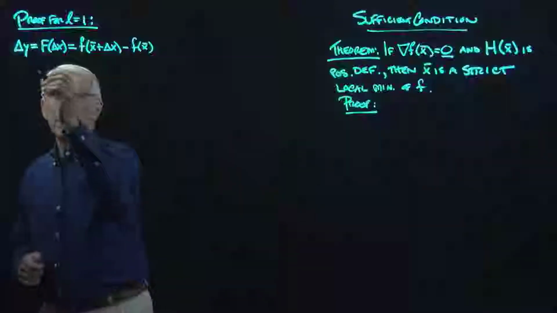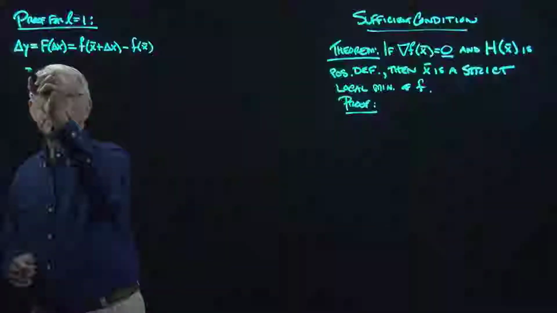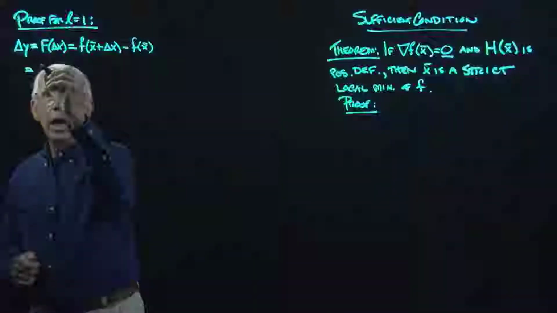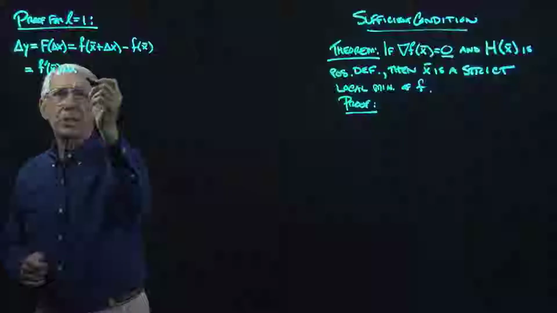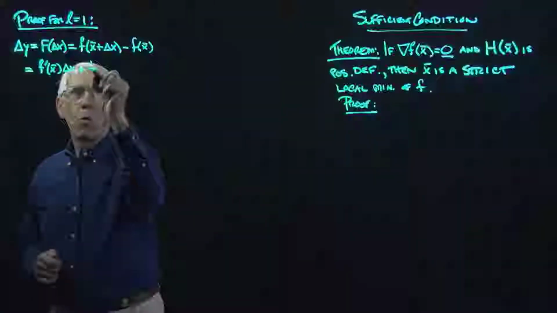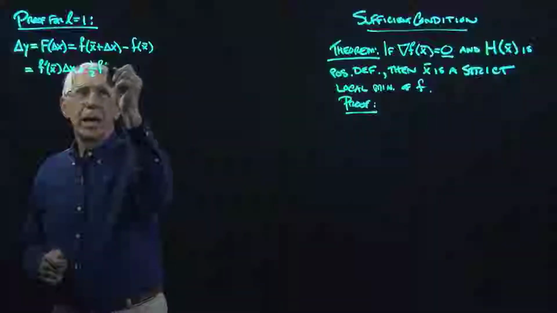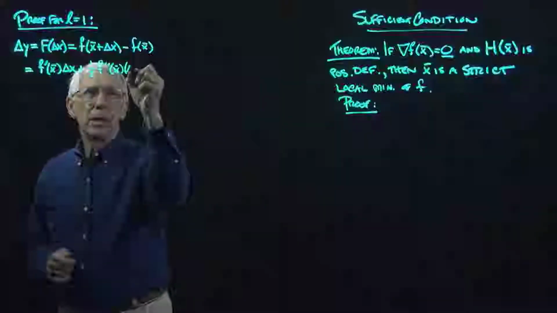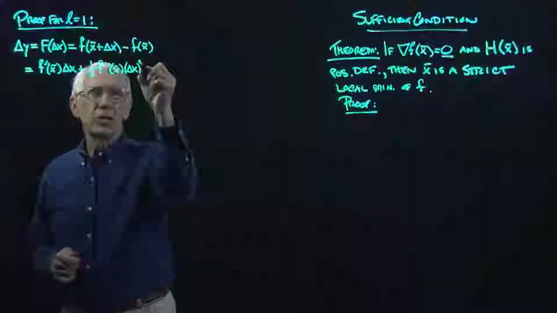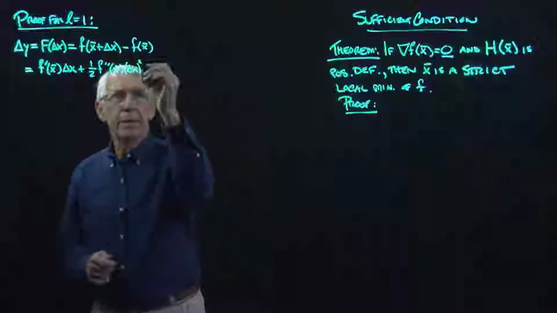And so this is going to be f prime at x bar times delta x plus 1/2 f double prime at x bar delta x squared